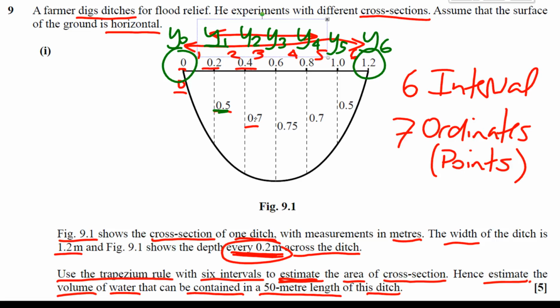Remember, these are depths, our y values that we're using for our integral. So what the formula's done for us, looking back at it, is it does 2 things. The first section here looks at y0 and yn. So in our case, that's going to be y0 and y6. That was our last one. And this second section here is 2 times